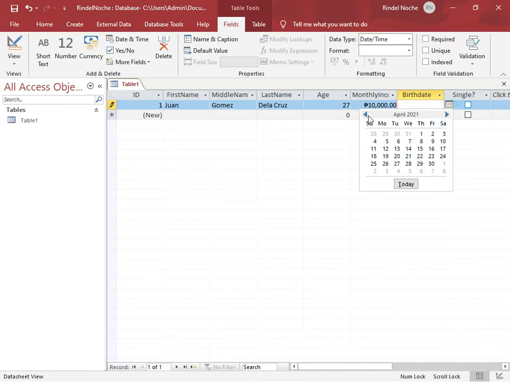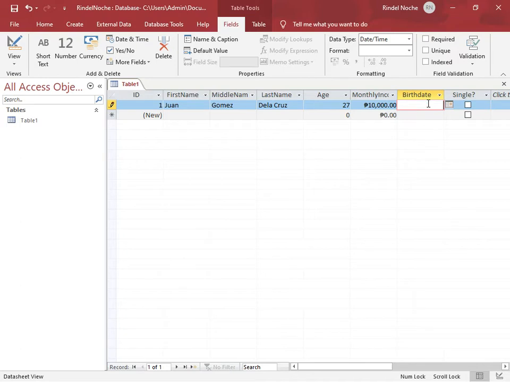Okay, so here you can select the birthday, the date that you want to include in that field. But if you don't want to view the calendar, you can simply type the birthday or the date that you like. Just make sure that it is in number form, and the first set must be the month. So let's say it's November 30. The first set is the month, then separate it by a slash, then 30, and then the year,